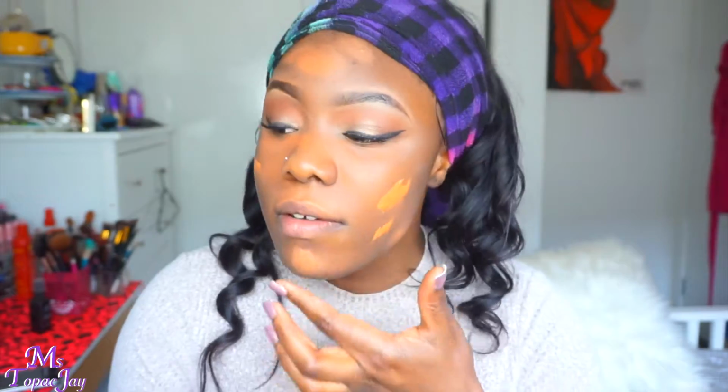I absolutely love this sponge. The fact that it's so soft, the fact that there's that flat edge right there, honestly, even the beauty blender doesn't really beat it that much to me, to be honest. Just being honest with you guys. And the thing with this Brew Technique sponge, it's very easy to clean. Very easy. You would think because of the color it would be hard, but no, it's so easy to clean. Just gonna make sure I get my hairline as well. You don't want to forget to get your neck. You want to make sure you get your neck, so that way everything is all